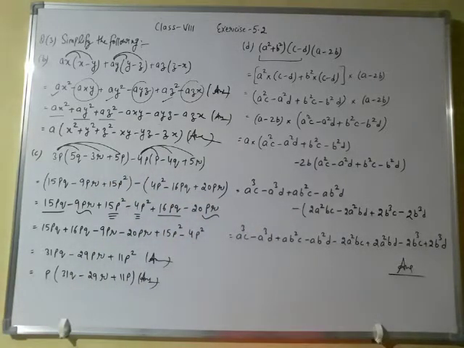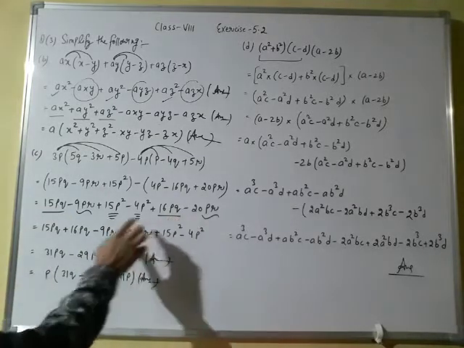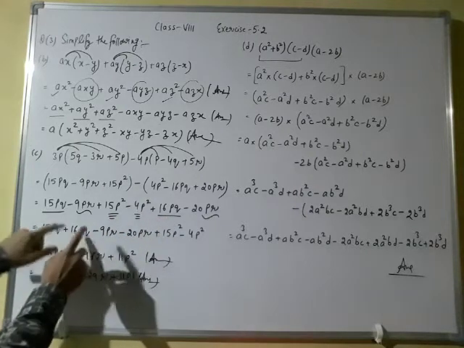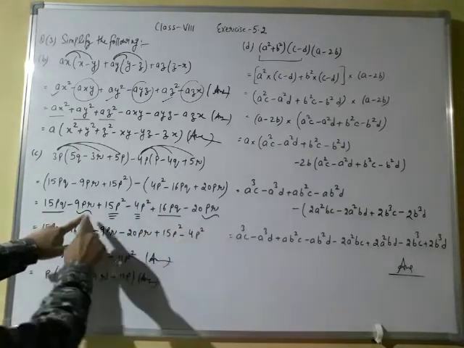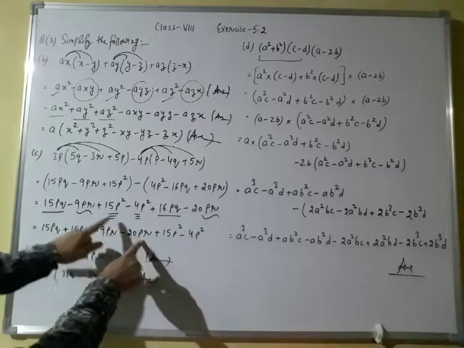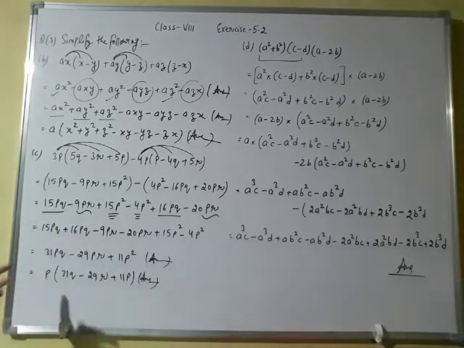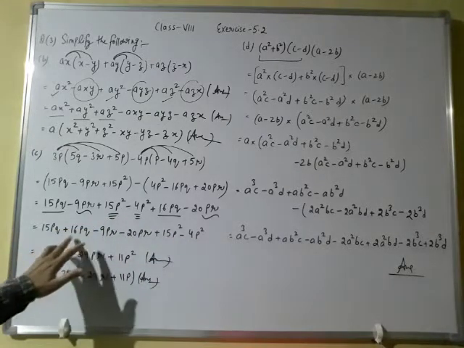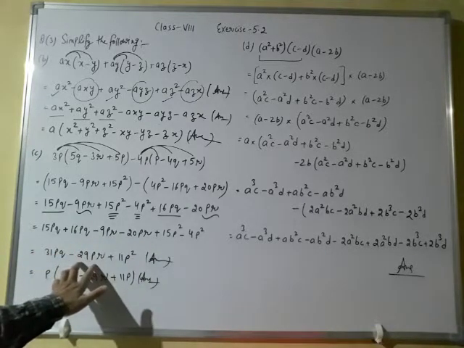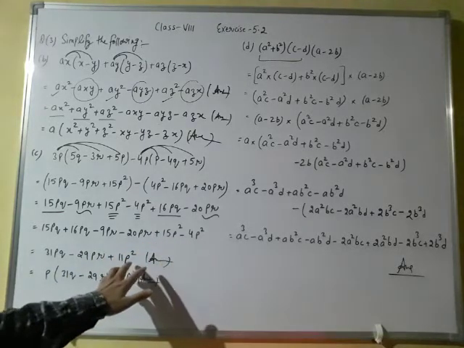Now find out the like terms. Here we have pq, here we have pq. So put these two terms together. 15pq plus 16pq. Now pr and pr. So put these two terms together. Minus 9pr minus 20pr. Next is p square. Put both these terms together and now solve it. Plus 15 plus 16 will become plus 31pq. Minus 9 minus 20 will become minus 29pr, and 15p square minus 4p square will become 11p square.